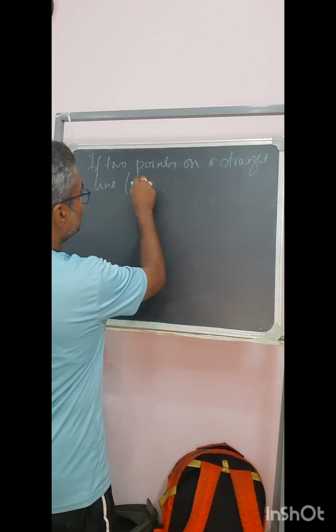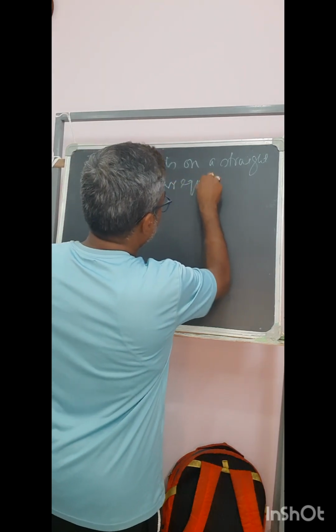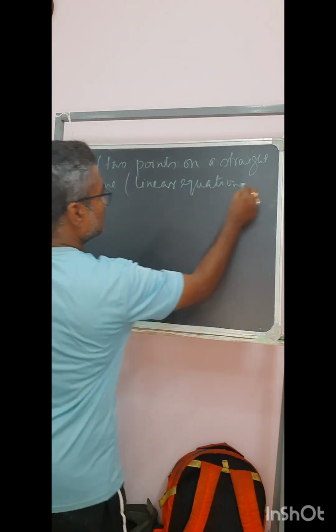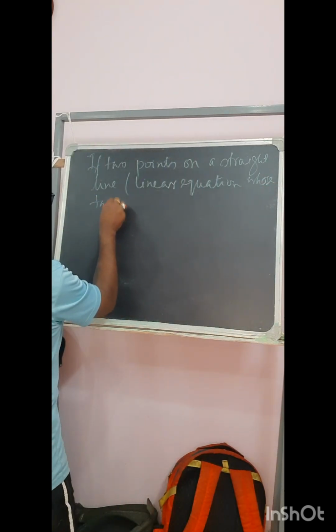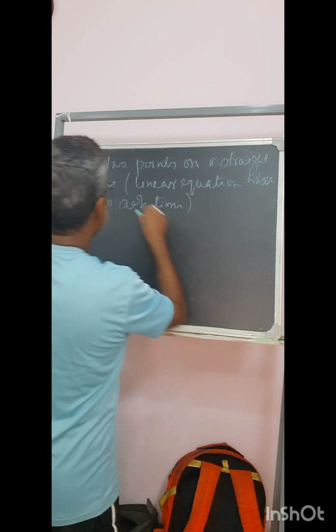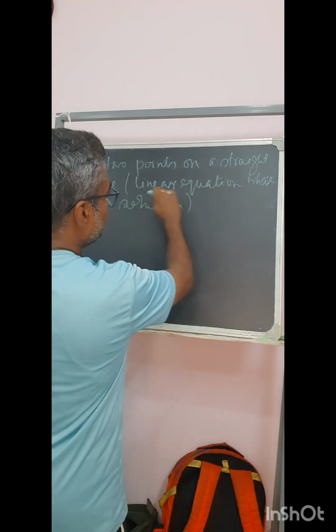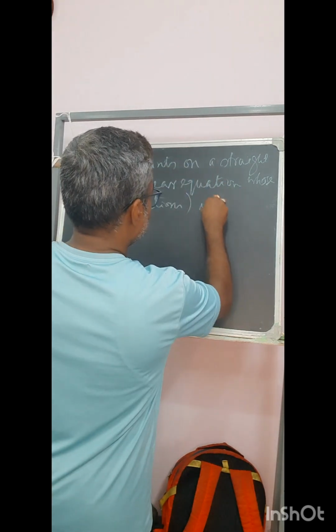This could be the linear equation whose two solutions. So 2 points on the straight line, that means the two solutions of the linear equation which represents the straight line, is given,